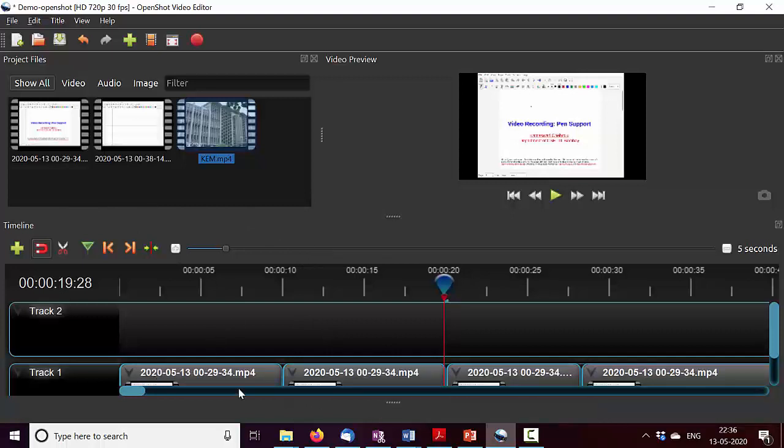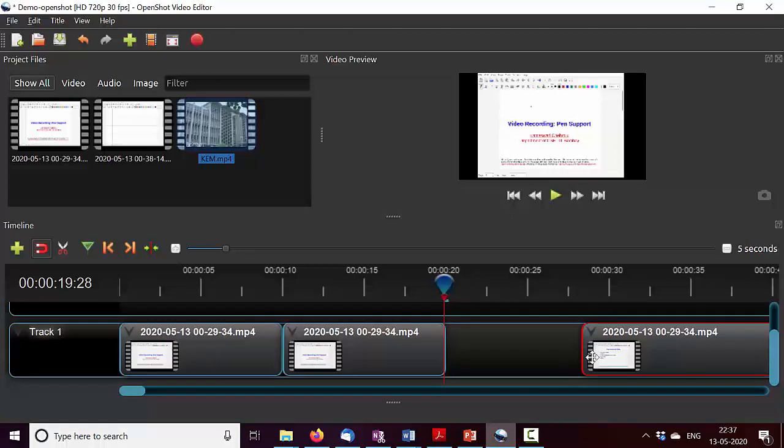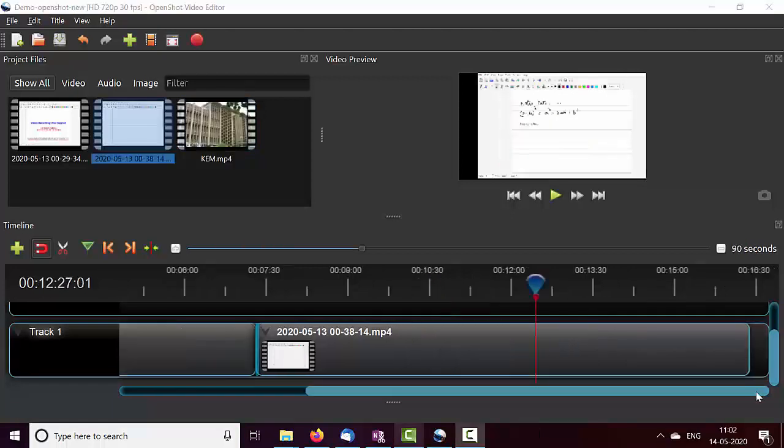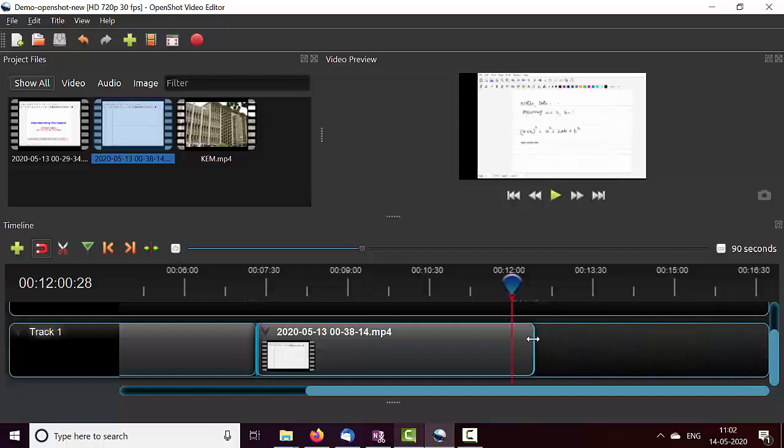So I have now split my video into multiple chunks. And whatever chunk I don't want, let's say I don't want this chunk, I just need to select it, delete it and move this with snapping enabled, it will snap. One other thing I wanted to show you here is if you want to cut something at the end of the clip, let's say I don't want anything after 12 till wherever the clip ends. You can just select it and drag it till where you want. And that cuts that portion. This is also something that is useful.